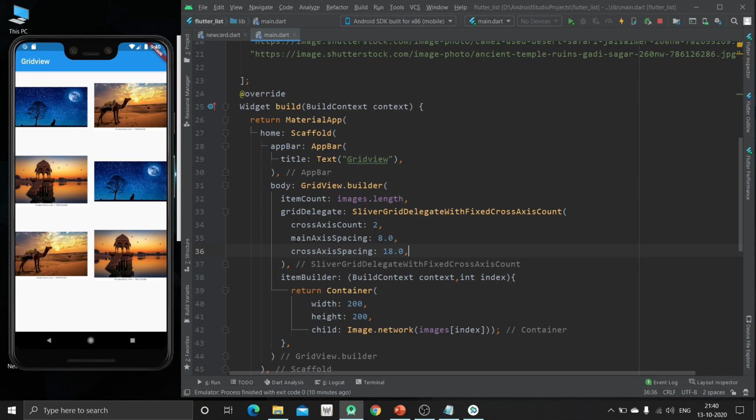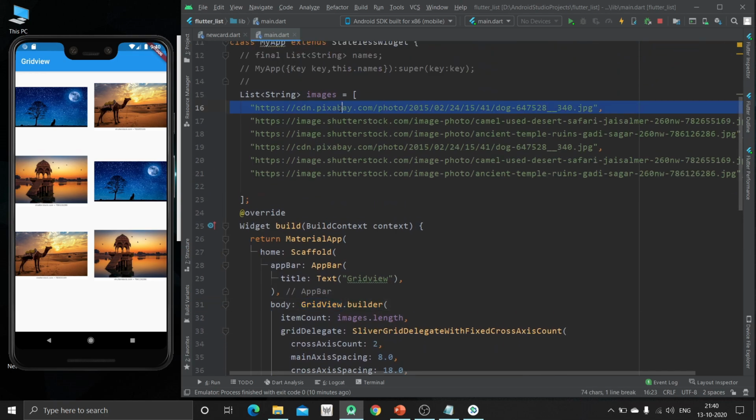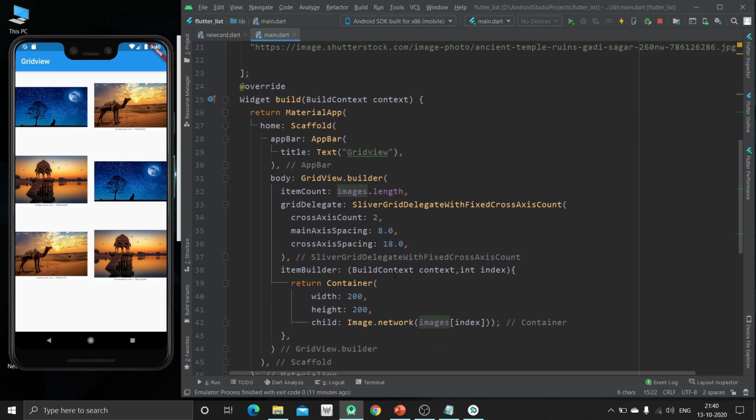That is, the grid view dot builder wasn't having the actual image URL. So we have specified the URL inside one list, and then we pass that dynamic data inside this grid view dot builder. So basically we are using this grid view dot builder when we are working with database. At that time we are not having the current data, so at that time we use this builder.